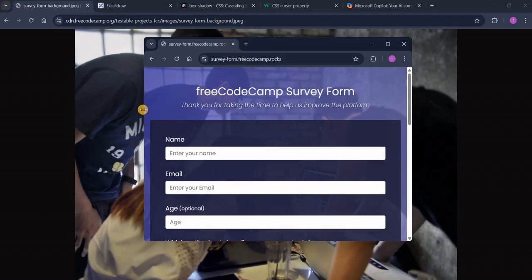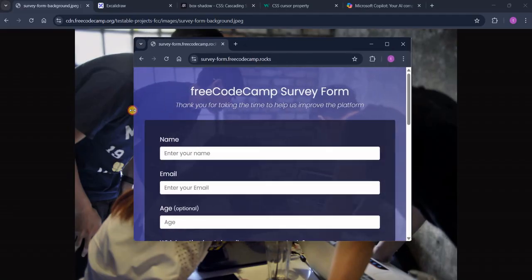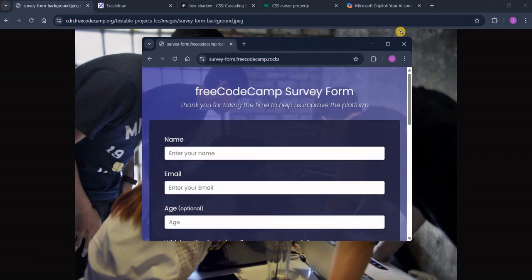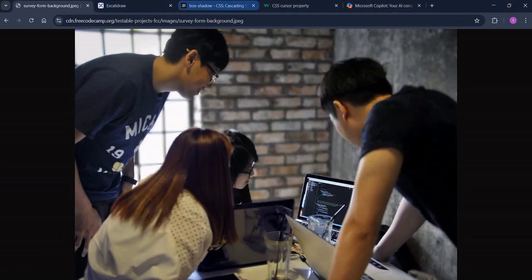How to do that? Okay, I think I have to give some minimum width and